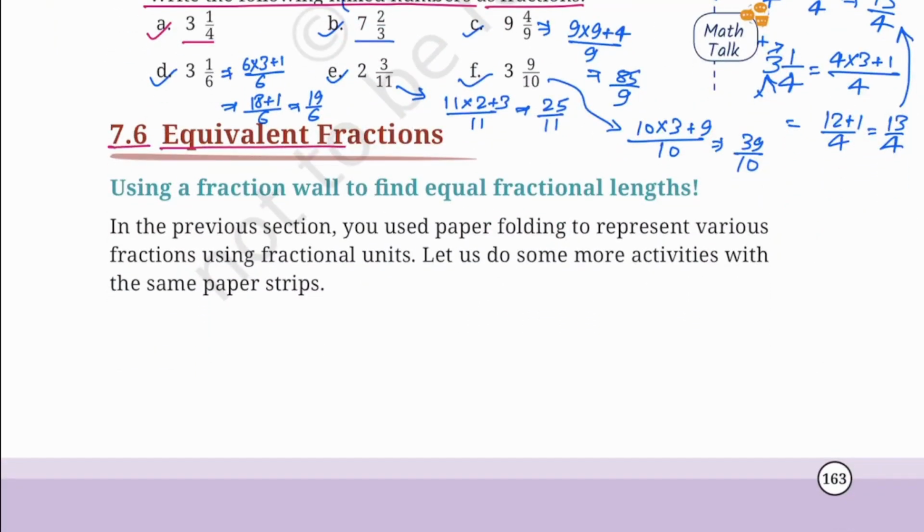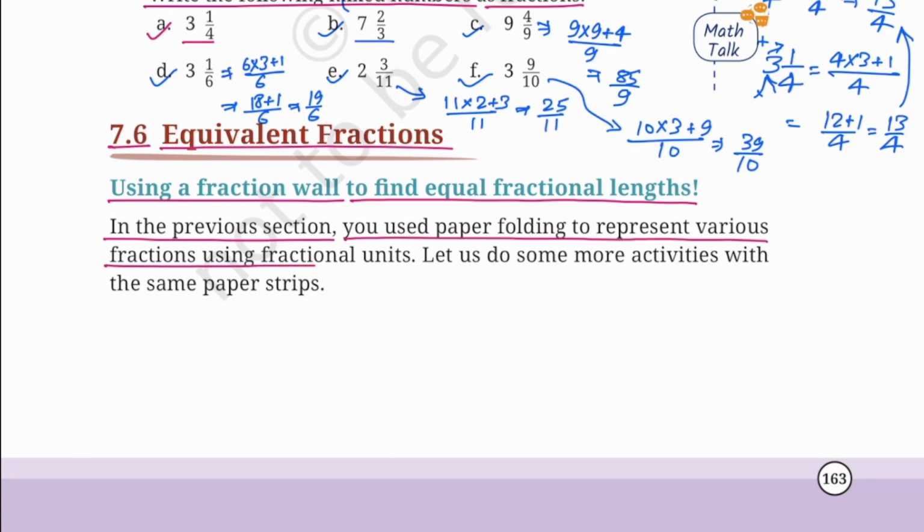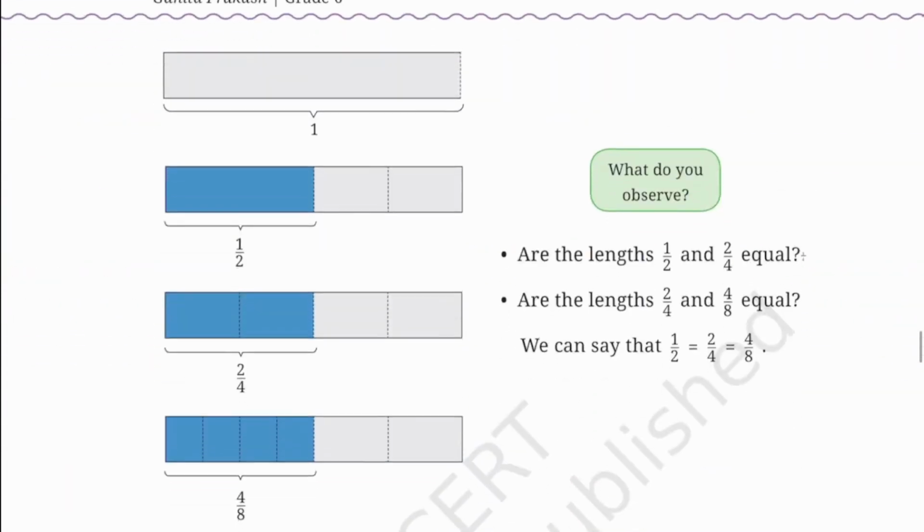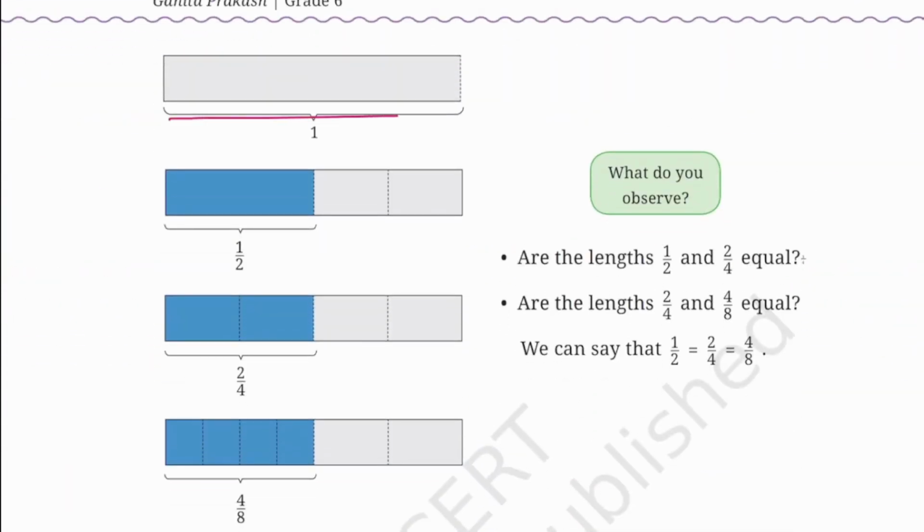7.6 Equivalent fractions. Using a fraction wall to find equal fractional lengths. In the previous section, you used paper folding to represent various fractions using fractional units. Let us do some more activities with the same paper strips. You can see a paper strip of unit length,